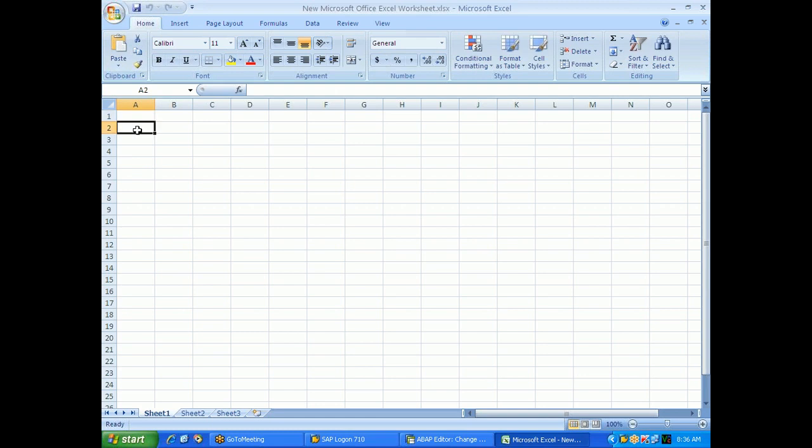First one is C. C means character. Length specification is required.